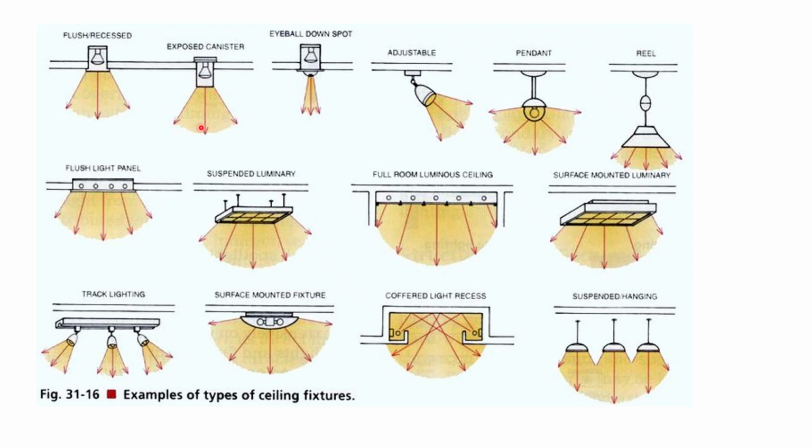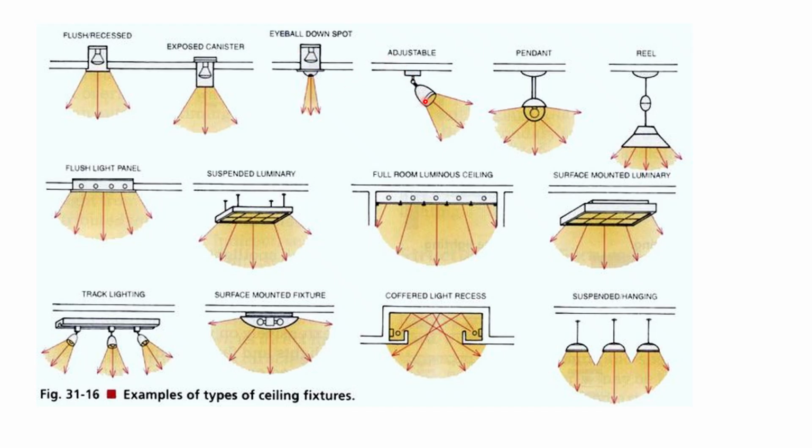The exposed canister type of fitting is partially recessed and partially surface and gives a lighting distribution of triangular shape. Then eyewall type of downlighter,